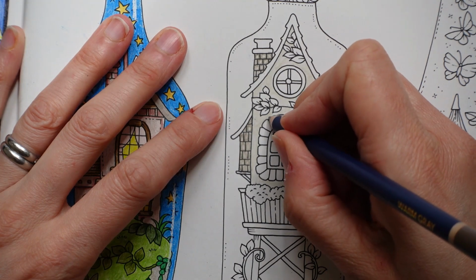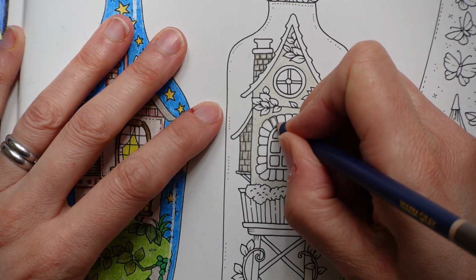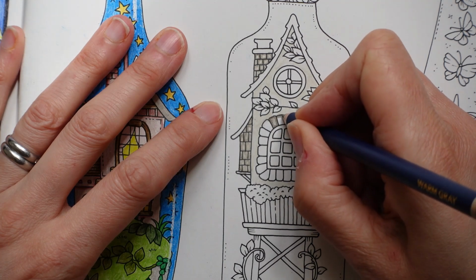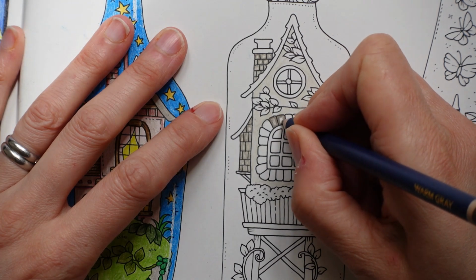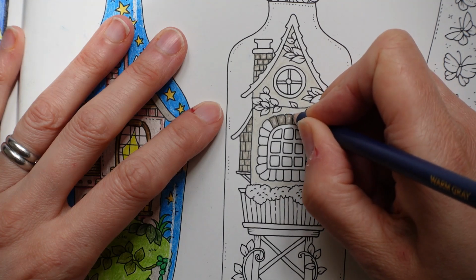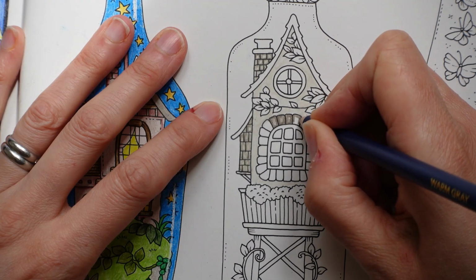Now these larger ones I'm going to do in the same way, like that, quite a dark outline, and then fade towards the centre, and I just work my way around them, and then we can